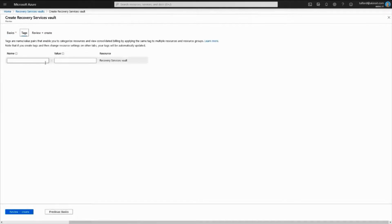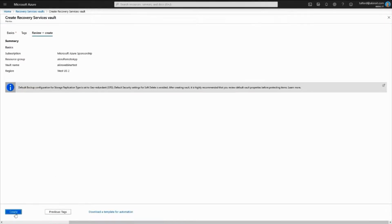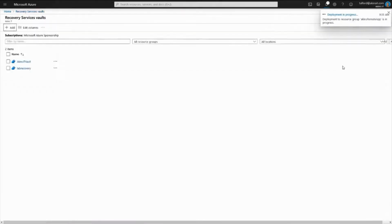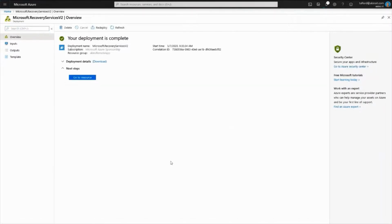And I'm going to set a tag on here so that in the future, if I have a large amount of recovery services vaults, I can scale this out so that I know what each one is without having to do a deep investigation on it. So I'm going to click create and look at the deployment in the upper right hand. When this resource is deployed, I'll go in there